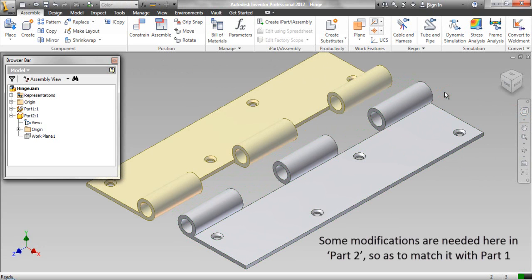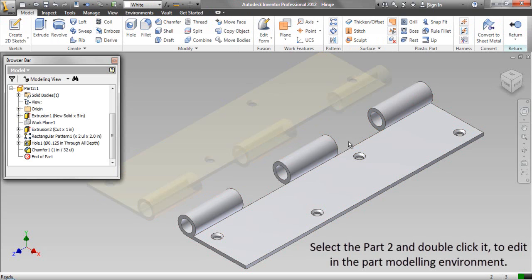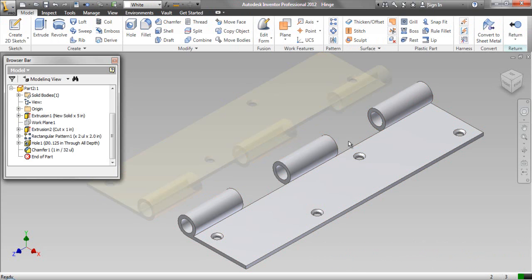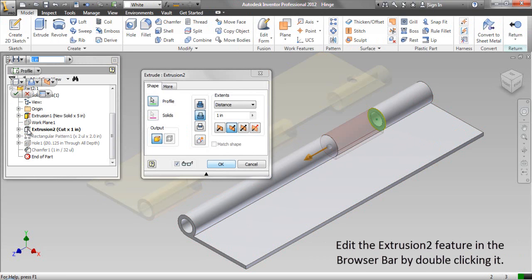Some modifications are needed in part 2 so as to match it with part 1. Select part 2 and double click it to edit in the part modeling environment. Edit the Extrusion 2 feature in the browser bar by double clicking it.